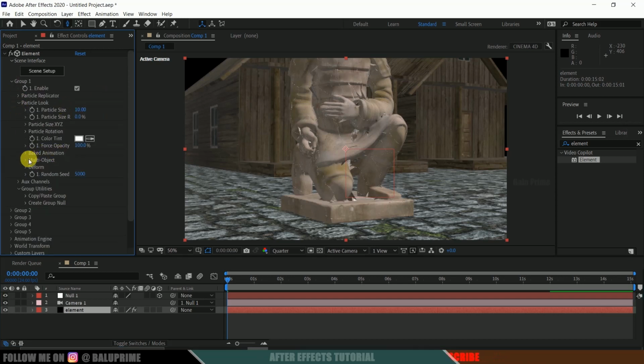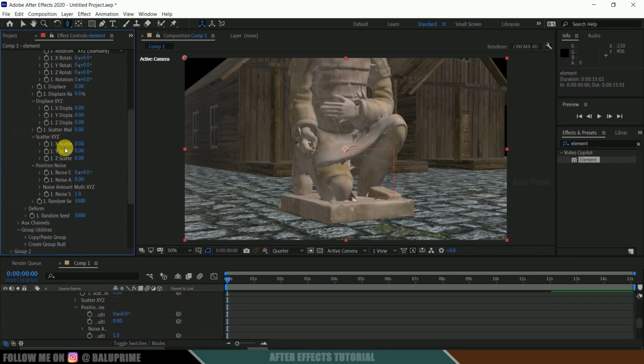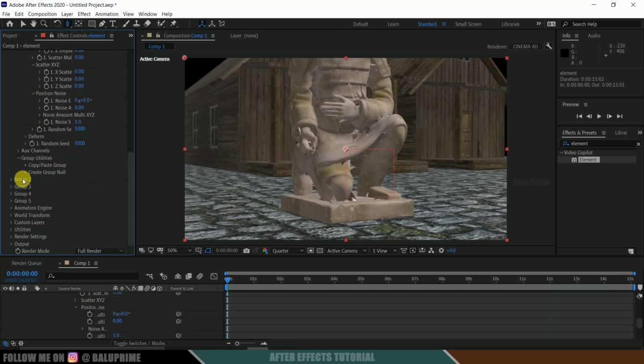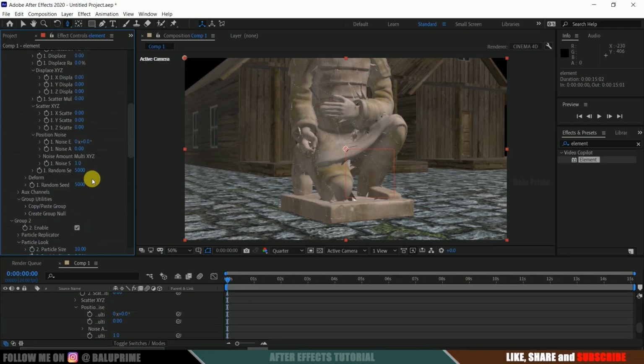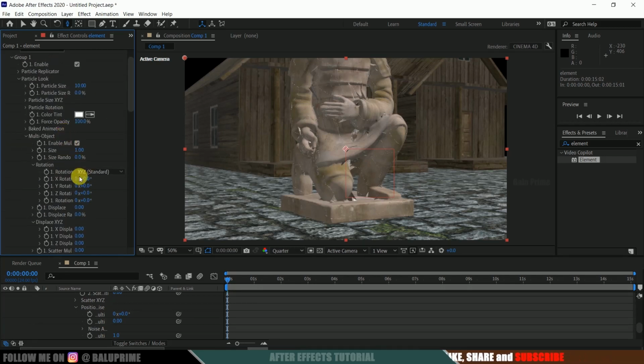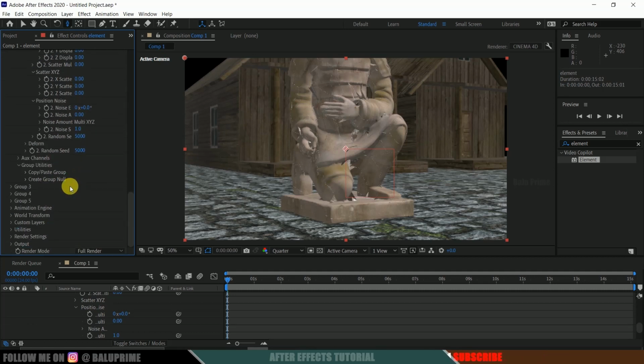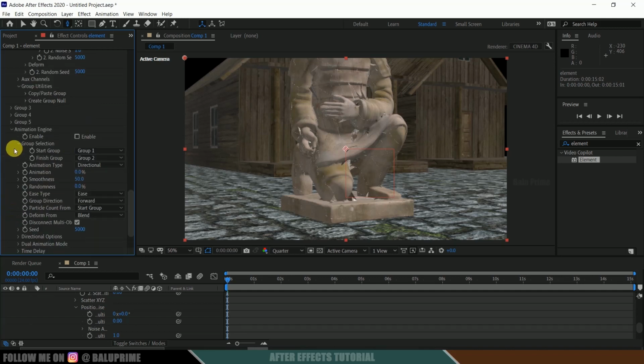particle look, come to this multi object, expand that one and enable multi object. Just click on that, enable it. So repeat the same with this group 2 also. So group 2 is our model with bright color. So expand this group 2, expand this particle look, come to this multi object and enable it. Nice. So once we enable this multi object option, now let's move to this animation engine. Here you can see we got this animation engine, expand it and click on this enable button, enable it.